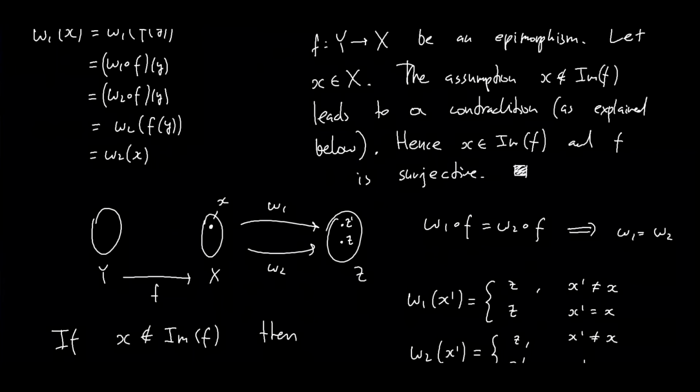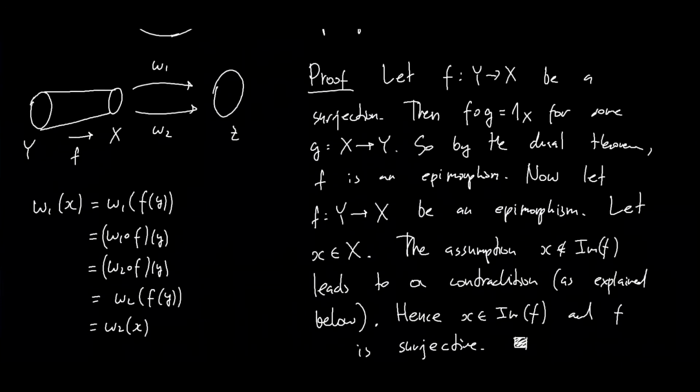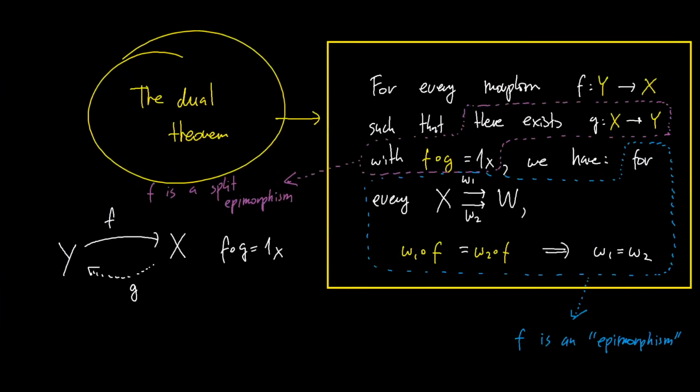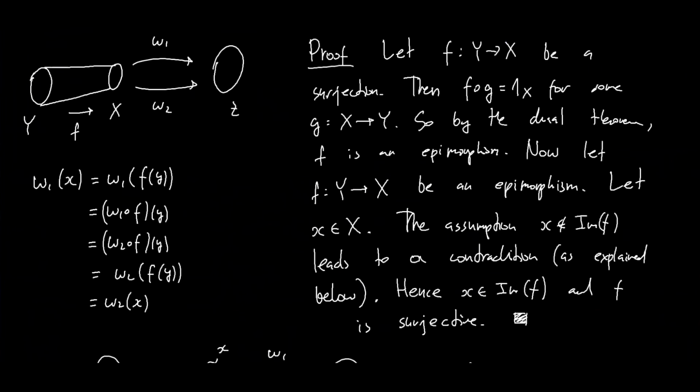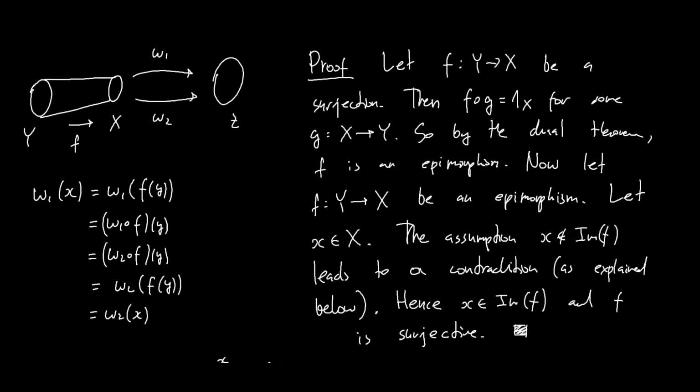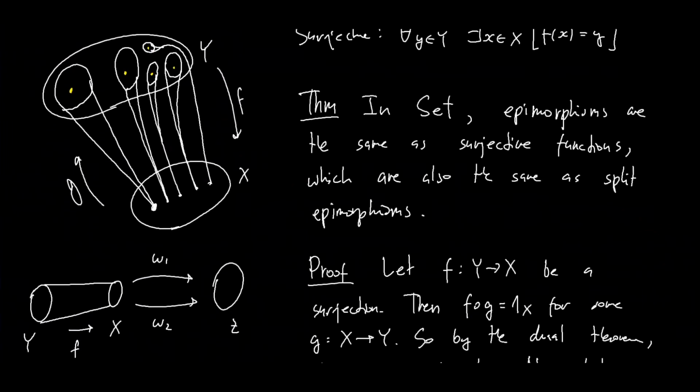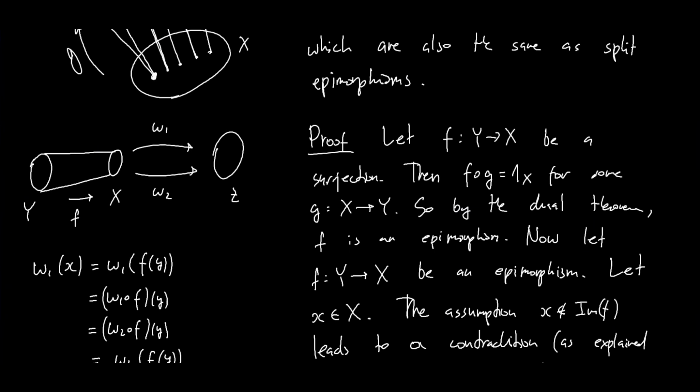The proof is then complete here, because we proved that every surjection is a split epimorphism. Every split epimorphism is an epimorphism by the dual theorem. And we also now proved that every epimorphism is a surjection. So that closes the cycle. So all the three concepts, epimorphism, split epimorphism, and surjection, are all the same. And this is a very interesting phenomenon, because